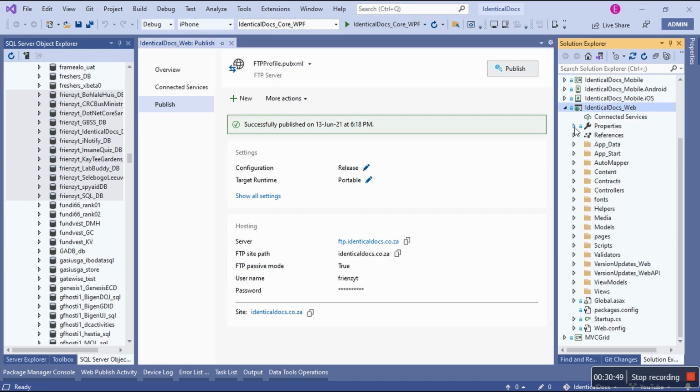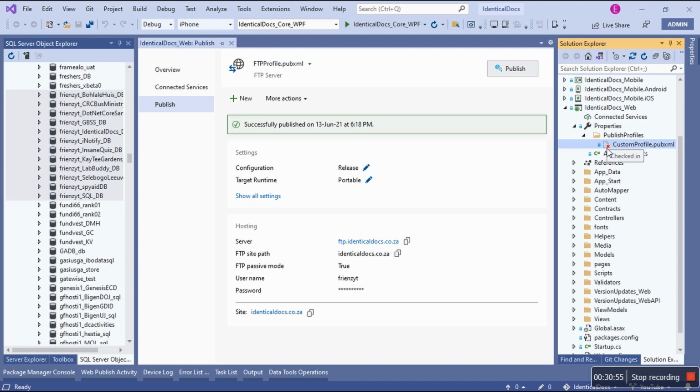So let's go to properties. You see, this publish profile is an actual file, this one, and it cannot be checked into version control. It can be checked, but it doesn't go up. This file doesn't go up, and I'll show you why. Good. But just know this file is very sensitive. It contains sensitive material, but it doesn't have the actual password. But it has stuff like where it's going, and so on.